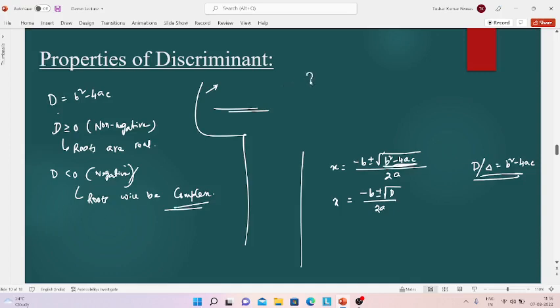Okay, let me discuss again. x equals to minus b plus minus root under b square minus 4ac by 2a. So here you can write this as minus b plus minus root D by